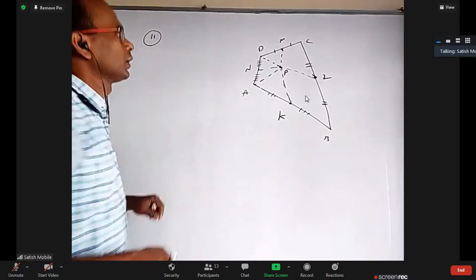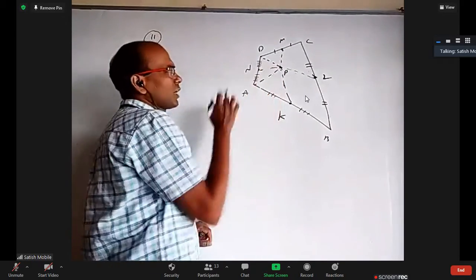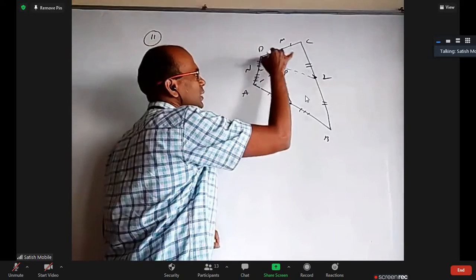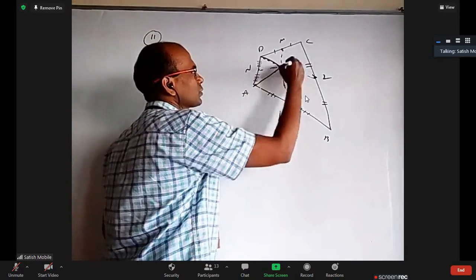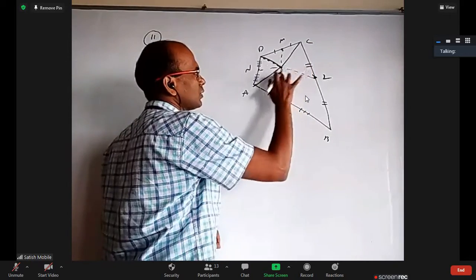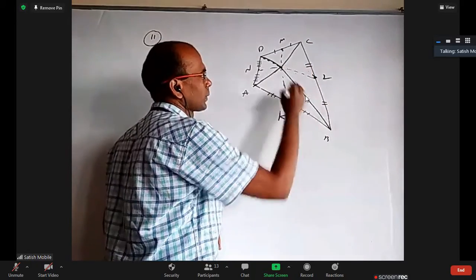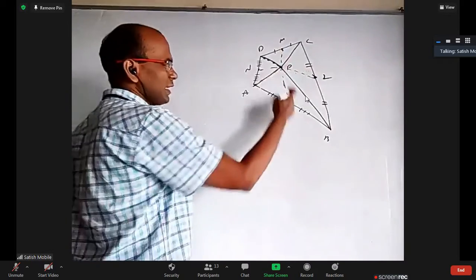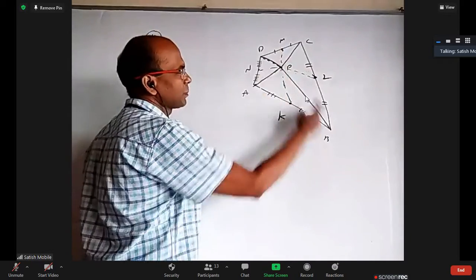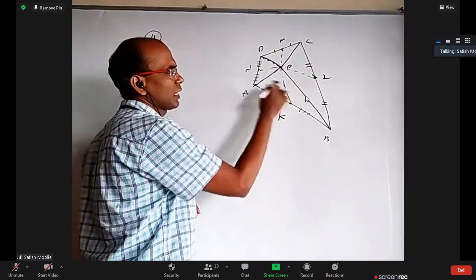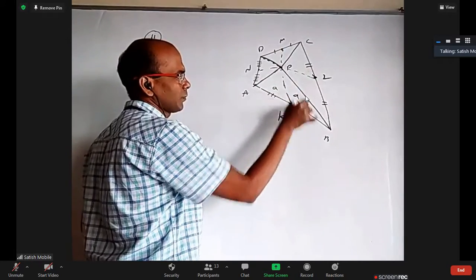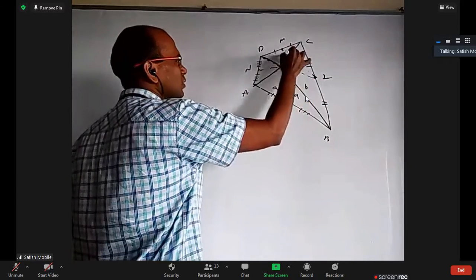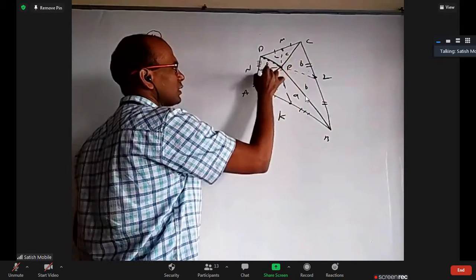Yes. So here they did not ask us to join point P to the vertices, but if you join, it makes some use. So I'm joining to this, and this. Now this is the median. So for this triangle PAB, PK is the median, so these 2 will have equal area. I'll call the area A and A. These 2 have equal area, I'll call B and B. These 2 have equal area, I'll call C and C. These 2 have equal area, I'll call D and D.